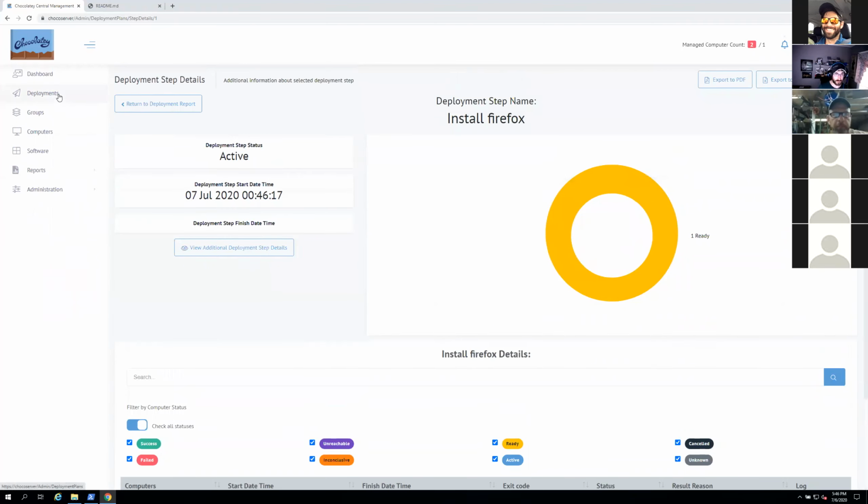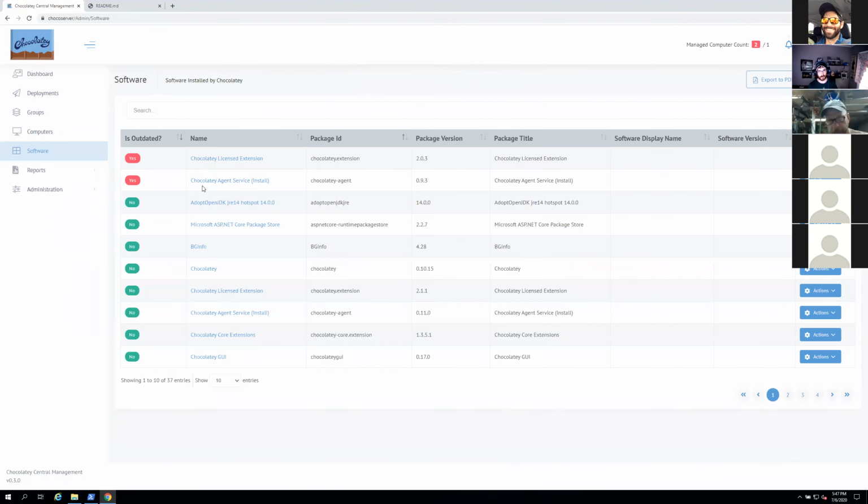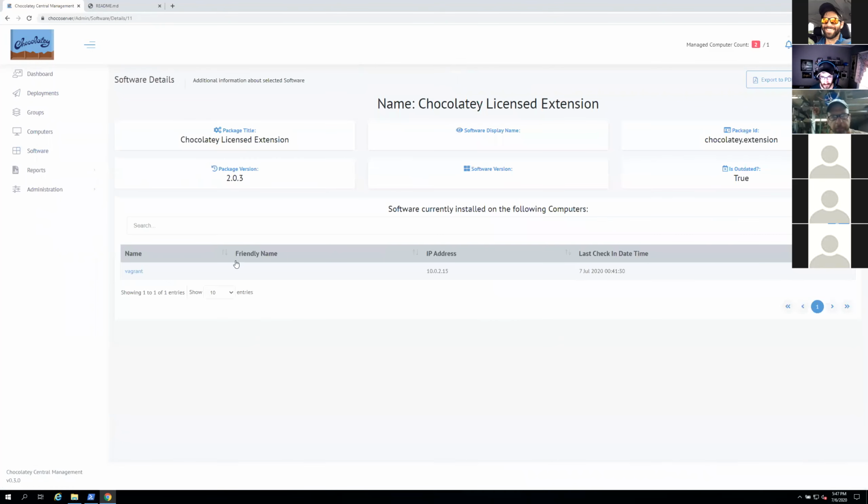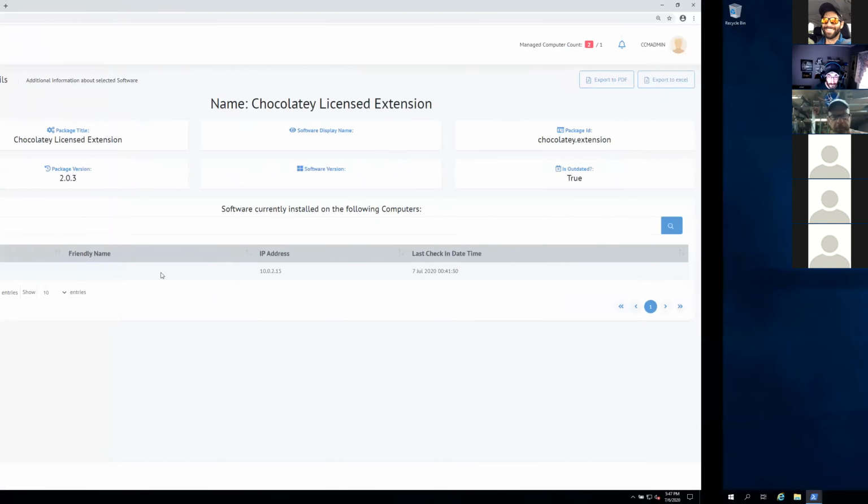In the next version, there's going to be scheduling come into this pane, so that you can get a deployment all ready to go and just say schedule it to happen Friday after hours or Thursday after hours, whatever. The next thing that's going to come as well is, if we look at this software and we notice that Chocolatey license extension is outdated on this Vagrant machine, the one I just checked in,